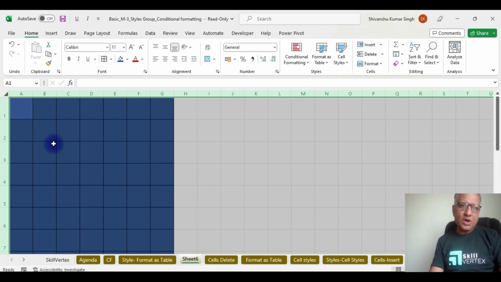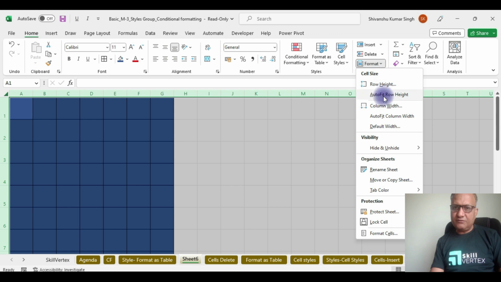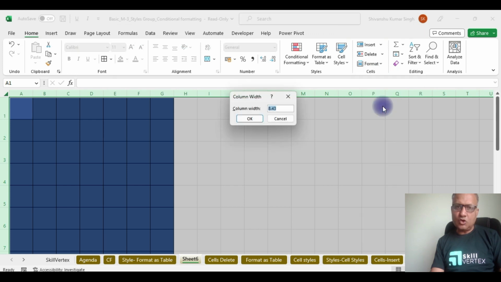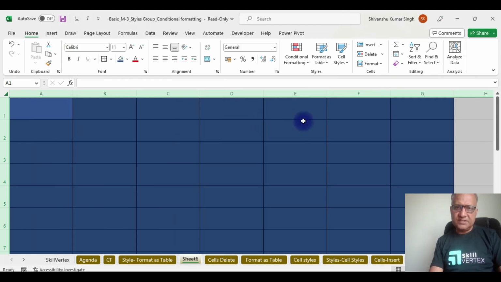So you can see that the row heights have been increased. Similarly, in the format itself, we have column width. If I click on the column width, here 8.43 is written. If I make it 24 and say OK, you'll see that the column width has been increased. So we can increase the column width and row height and make it as per our requirement. If we have a specific requirement of column width and row heights in whatever work we are going to do in formats we are going to prepare, we can do it from here,